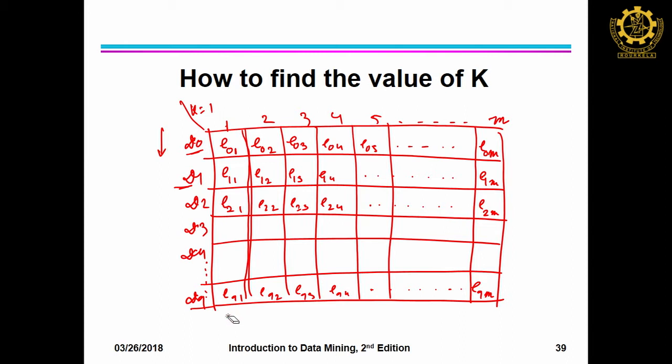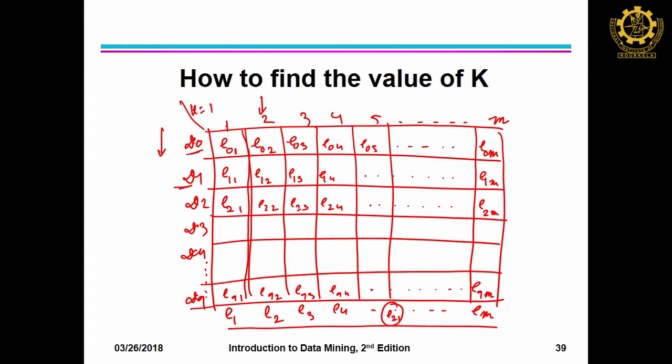So, you take the average. Let us say this value is E 1 for k equal to 1. For the second column, with k equal to 2, you take the average and you get the value E 2. Then similarly, you get E 3, E 4 up to E m, let us say m equal to 25. Now, you find wherever the error is minimum. Let us say E 21 is the minimum error you got on the validation set. Therefore, the k value will be 21.